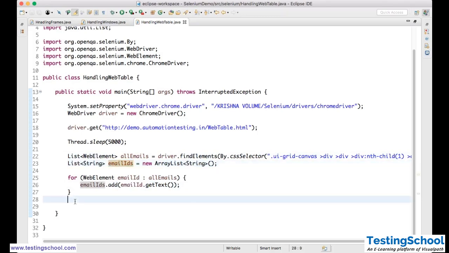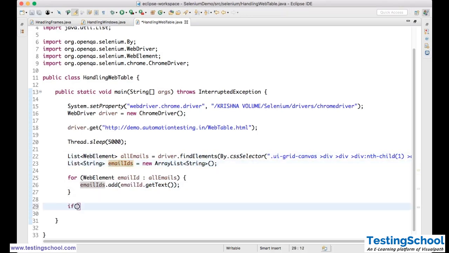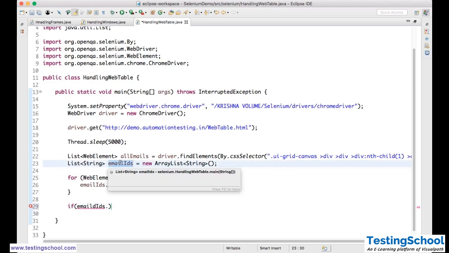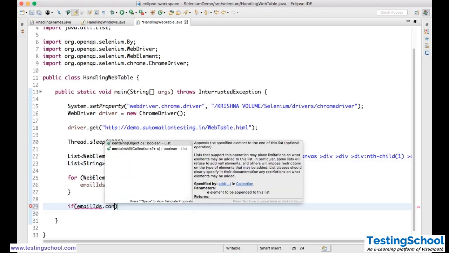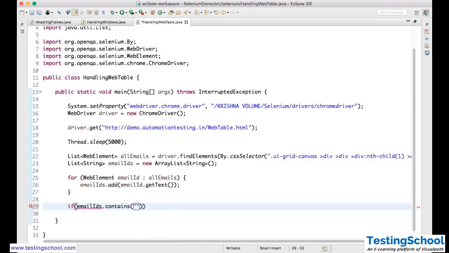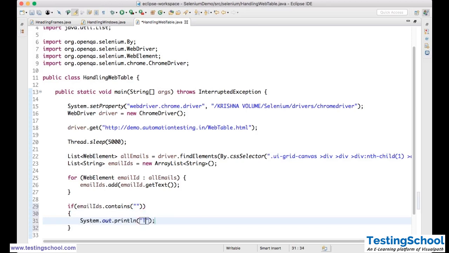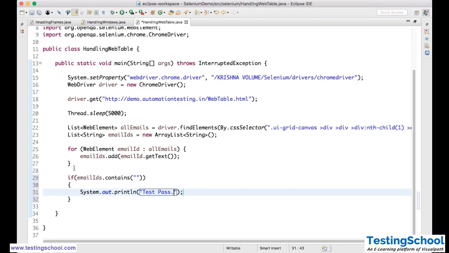So now what I'll do, if email IDs dot contains, what it contains, what I'm expecting, that email ID, I'll say test pass. In the same way,